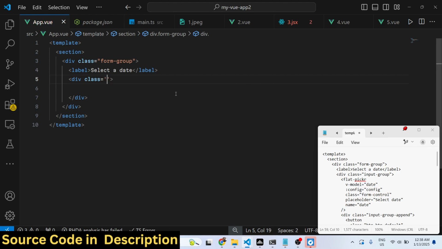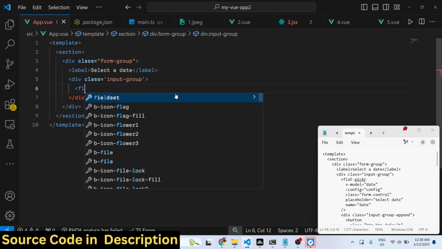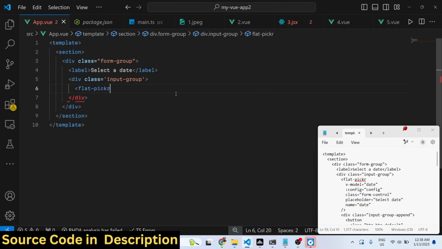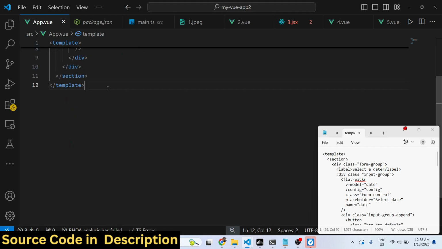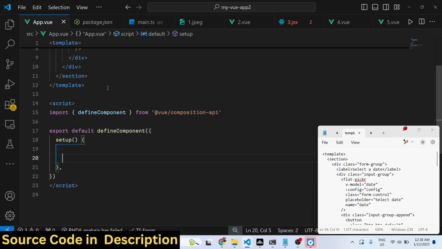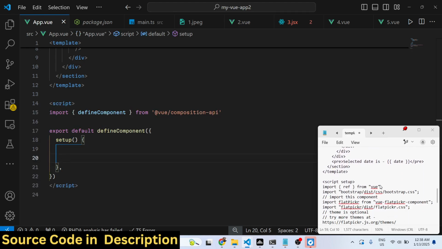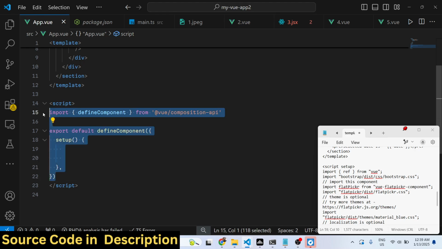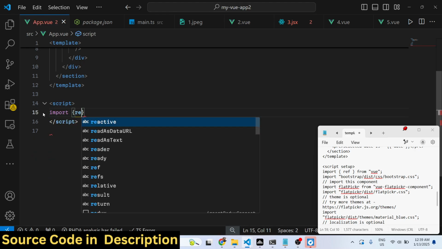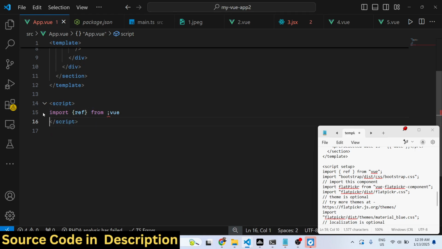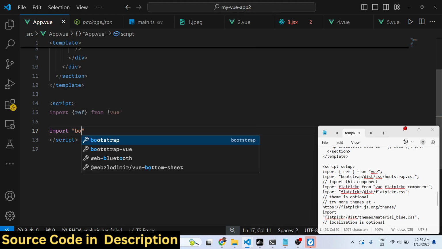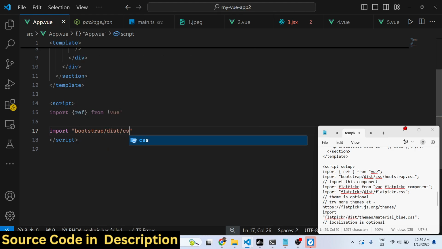We're just attaching this class, which is input group, and then we embed this component flat picker, and this takes some options. But for integrating this, now we just need to write our TypeScript code. First of all, we will require all the necessary packages, which is ref from Vue, which is a base package. And then we import Bootstrap. So bootstrap dist CSS